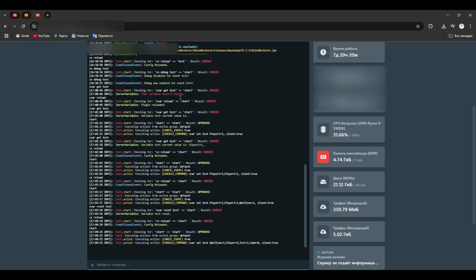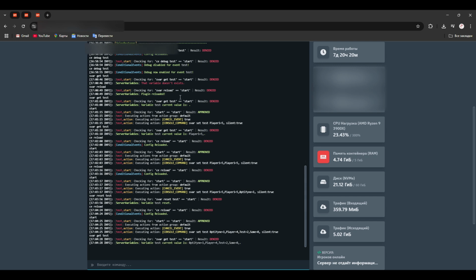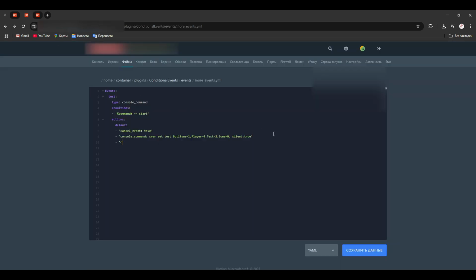Reload and start, and let's get the variable. Okay, it's correct. How to get a level, for example, of the player. Let's change the event. For example, we will do console message and let's parse placeholder. It will be sep. Then we will need to write array. Then we will need to write separator.